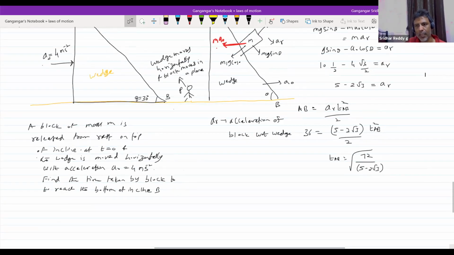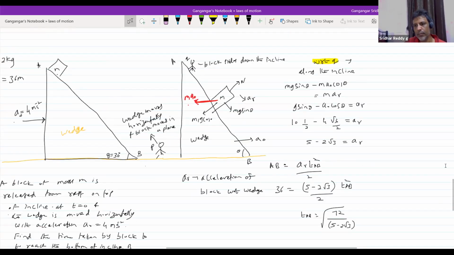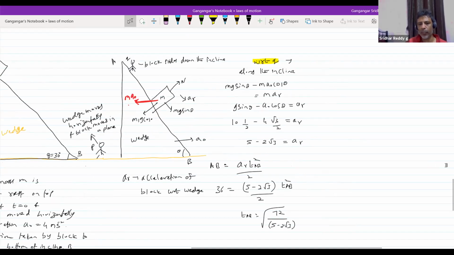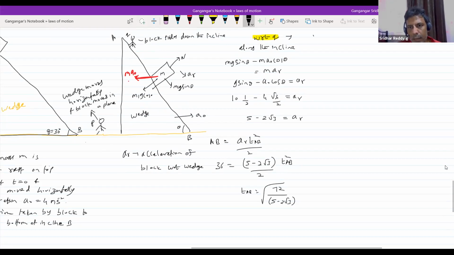I'll keep it nearby. No, the acceleration of the block with respect to ground. In the ground frame, we'll find out the acceleration of the block with respect to ground. Same problem. The next thing I'm trying to find out is the acceleration of the block with respect to ground. So here look at the wedge. Wedge is having acceleration a naught. This is AR. So the acceleration of the block I'll resolve along